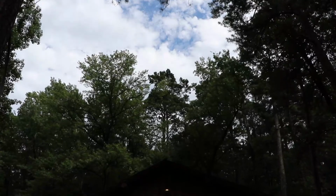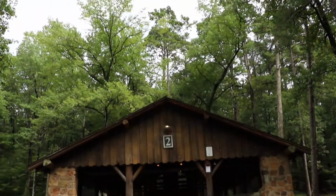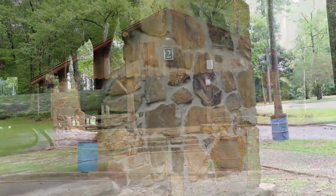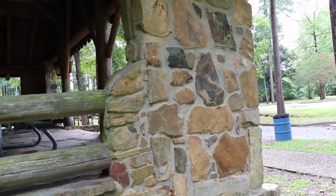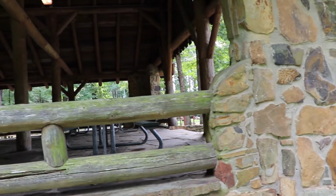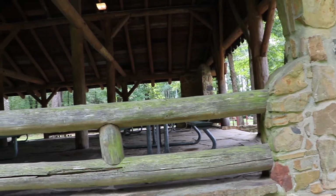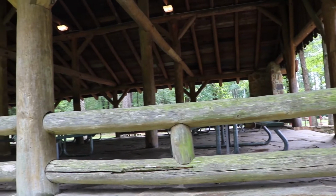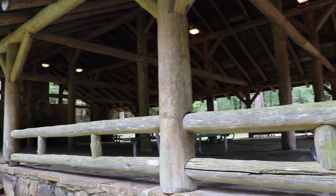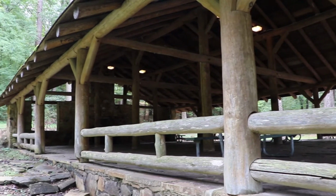Pavilion number 2 employs the same rustic design as Pavilion 1, except its foundation is slightly elevated and it's accessed by a small set of steps, and the rockwork on the center post and foundation is slightly different. The rocks are smaller here and are set in more regular courses than the rocks used on Pavilion 1. This pavilion was constructed after Pavilion 1, and in the area just to the south of Pavilion 2, there was also a